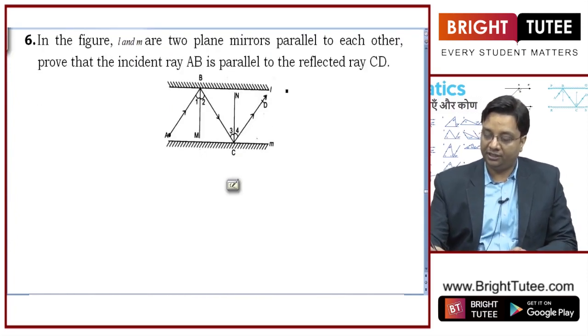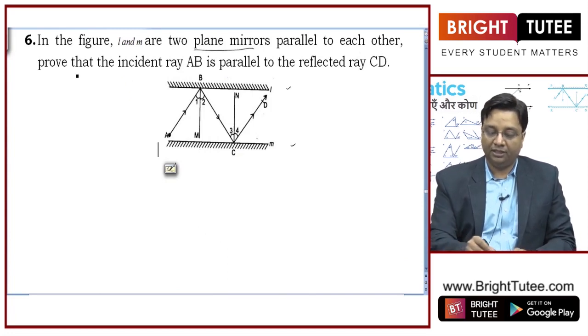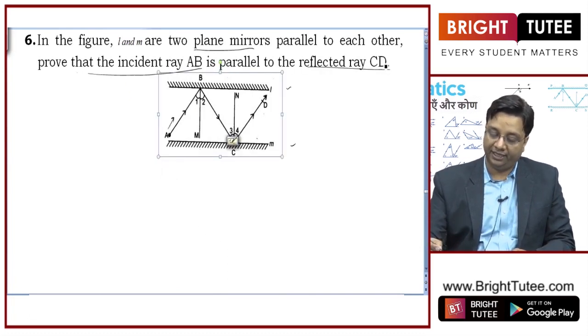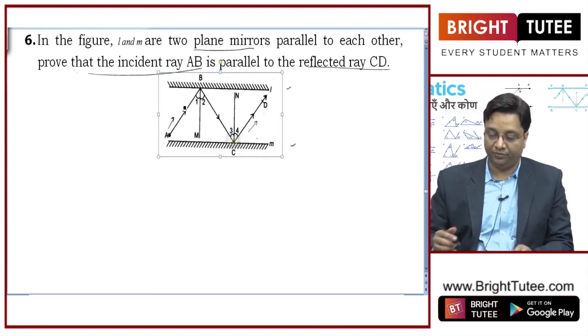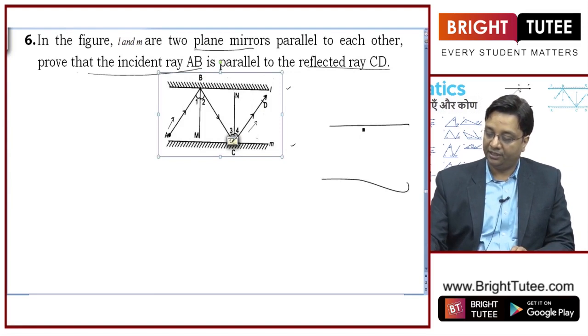Now in this question, L and M are two plane mirrors parallel to each other. Prove that the incident ray, that is this ray, is parallel to the reflected ray, that is this ray. So these two rays are parallel, this we need to prove. And there is this property of plane mirror that if you